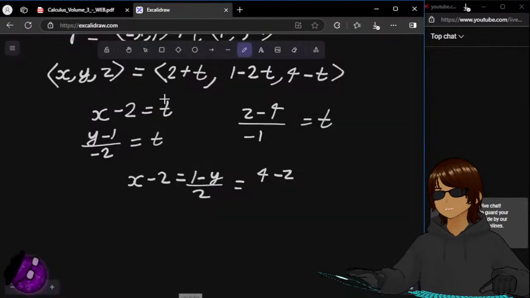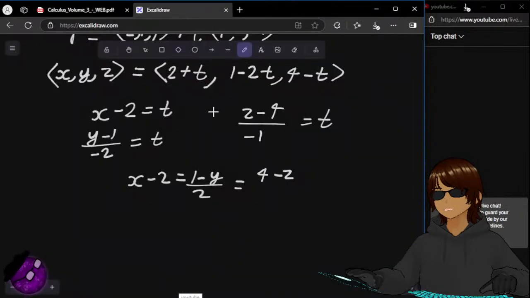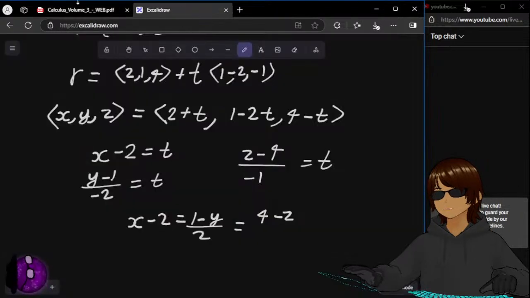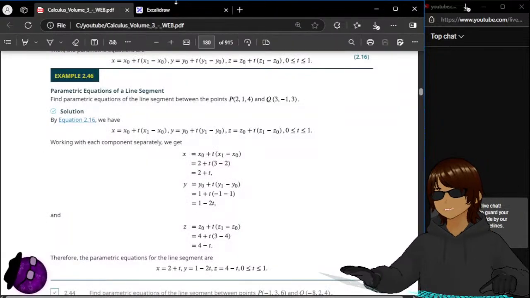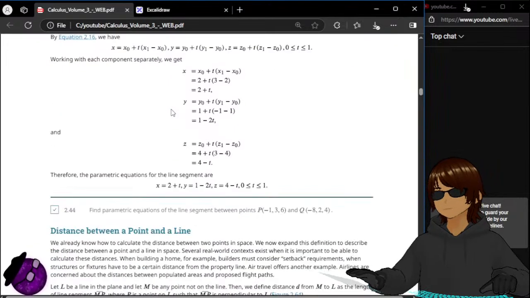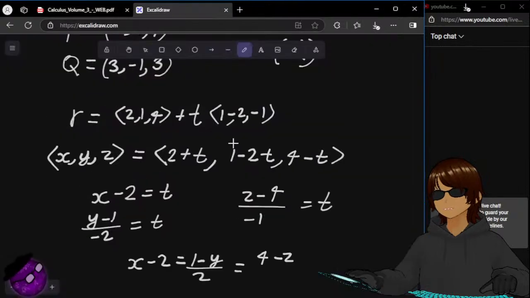Oh, they just wanted this. So x is 2 plus t, y is 1 minus 2t, and then z is 4 minus t. But they wanted this also. So